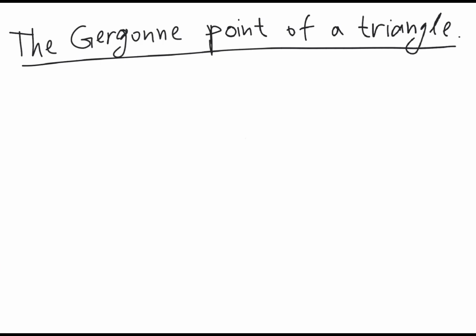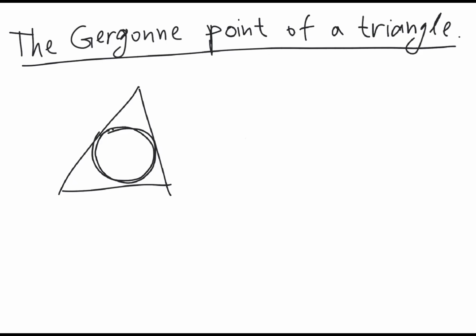So basically we have an arbitrary triangle and we consider the incircle in this triangle, which means the inscribed circle that touches all sides, and we consider the tangency points of this circle with the sides, and we connect these tangency points with the opposite vertices of the triangle, so like this and like this, and it turns out that these three segments intersect at a single point, and this point is called the Gergonne point of a